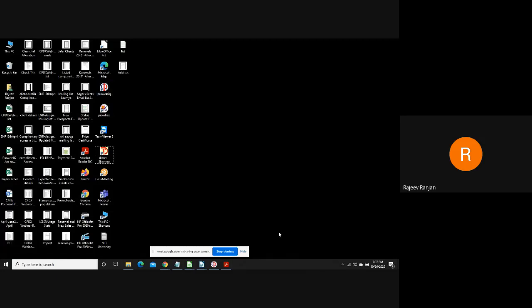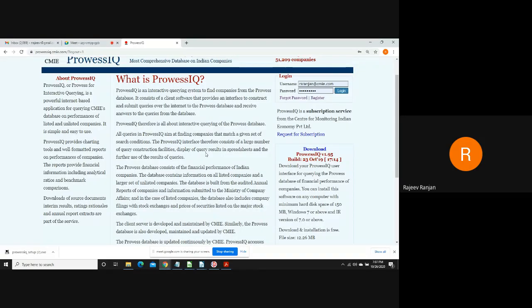Once you get the icon of Provis, just double click and log in with the user ID and the password which you already have. There are a few faculty members for whom a new password would not have been sent, as they had been old users of Provis. You just have to click forgot password to generate a new password, in case you do not remember it. Or feel free to reach me in case you need any kind of support to access the database.